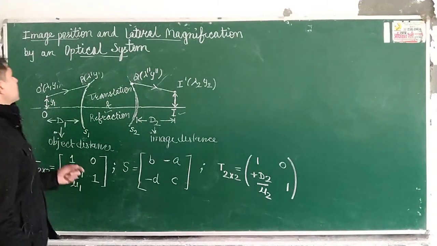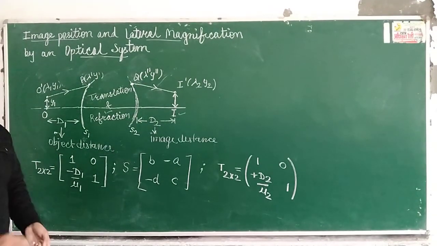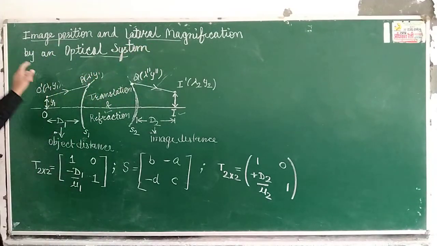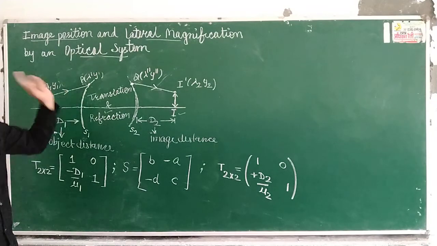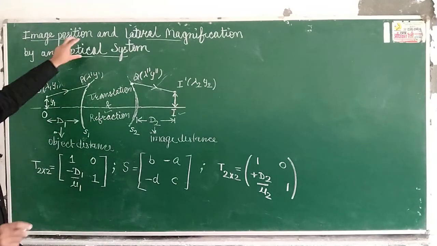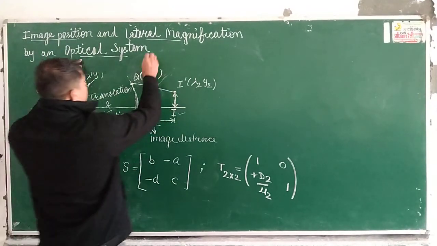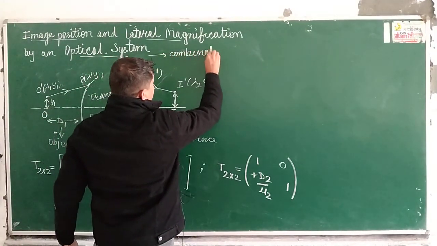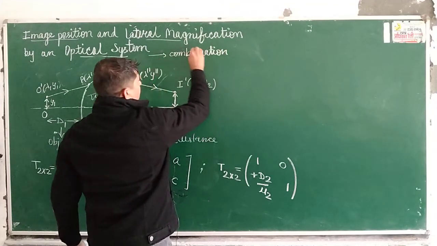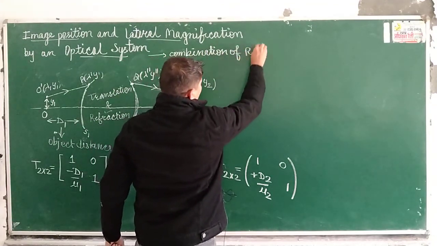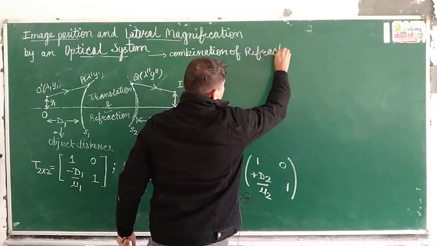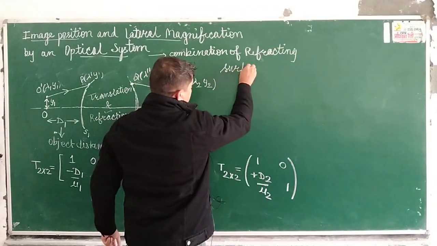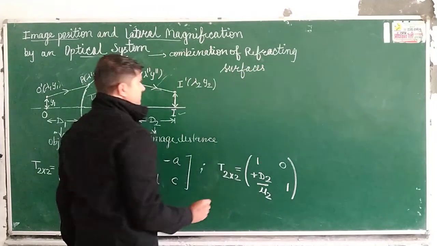Hello students, in this video lecture we will discuss the image position and lateral magnification produced by an optical system. In the previous lecture I told you what an optical system is. An optical system is simply a combination of refracting surfaces and